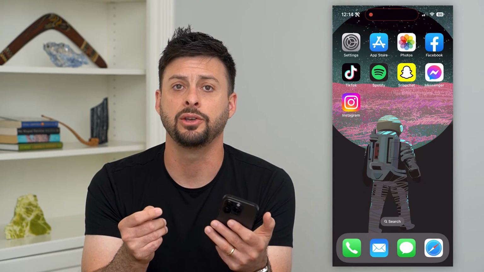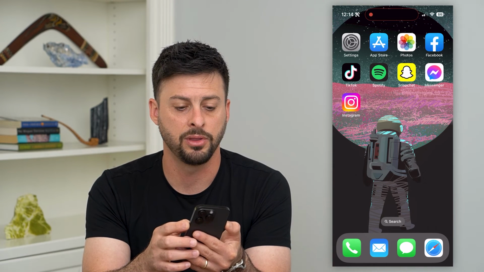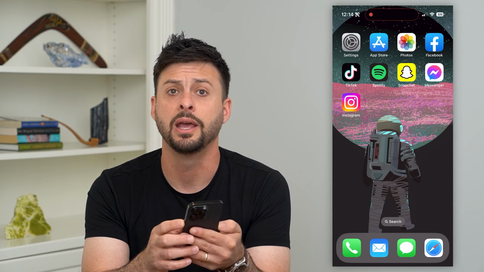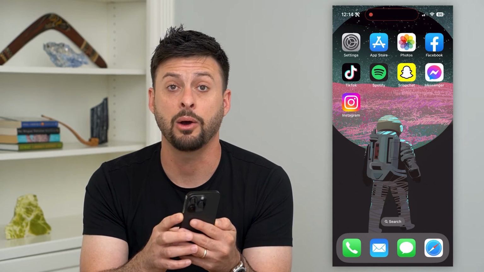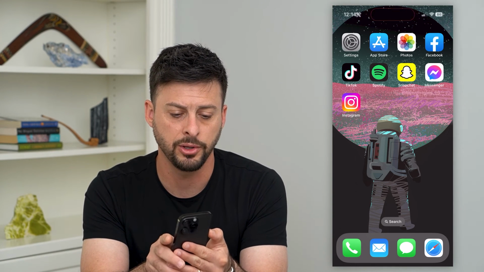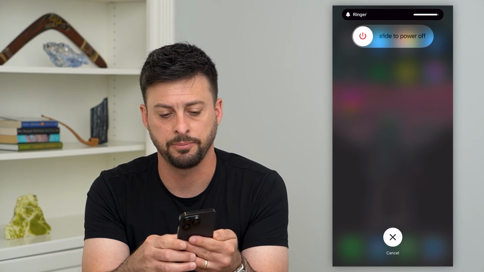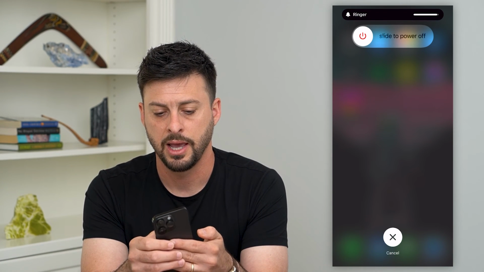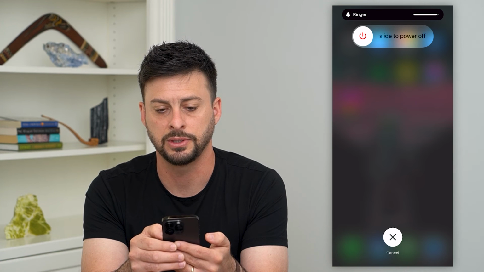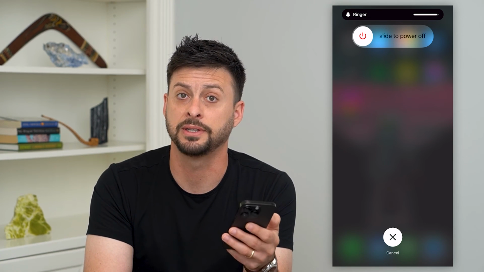Now the last thing that you can do if you're still having issues is tap the volume up, volume down, and then tap and hold the power button to force restart your phone. So volume up, volume down, and then tap and hold. And you can just slide to power off your phone there. And basically by going through those steps, you will help to restart that phone and fix any kind of audio